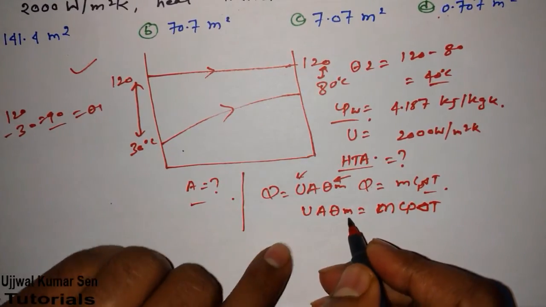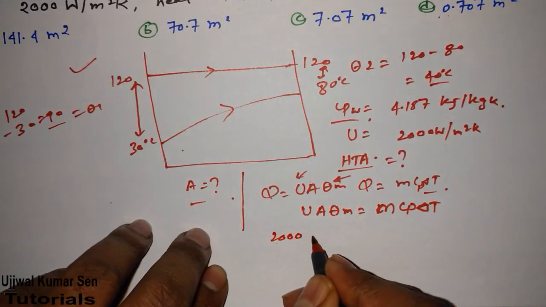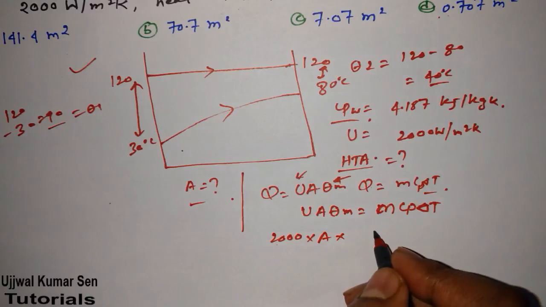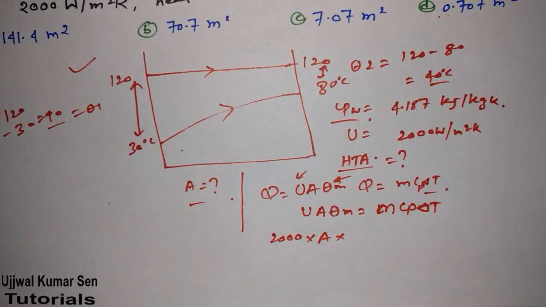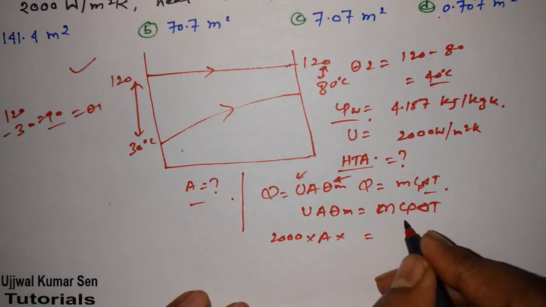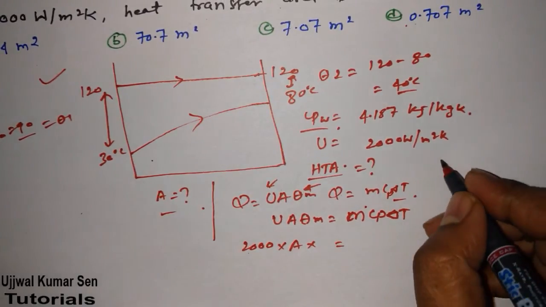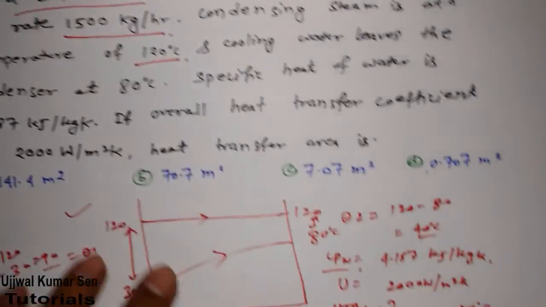What is U? U is the overall heat transfer coefficient. Write it down, 2000. Area we have to find out. Theta m we can find out. What is theta m? It is LMTD, logarithmic mean temperature difference. Don't forget that. Now what is m? Basically m is the mass flow rate, which is given as 1500